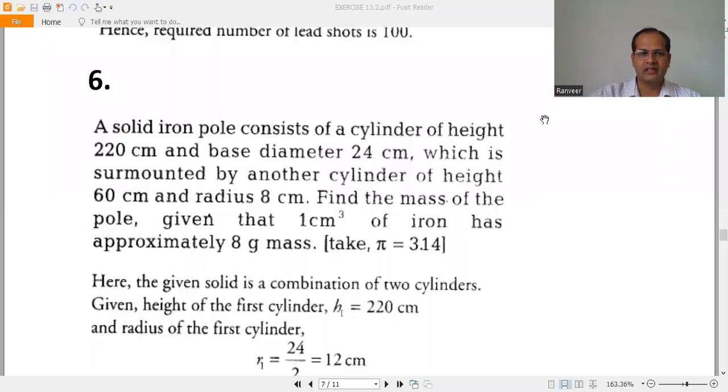Now in question number 6, a solid iron pole consists of a cylinder of height 220 centimeter and base diameter 24 centimeter, which is surmounted by another cylinder of height 60 centimeter and radius 8 centimeter. The height and diameter of one cylinder as well as the height and radius of the other cylinder are given. So, if we want to draw the diagram of this,